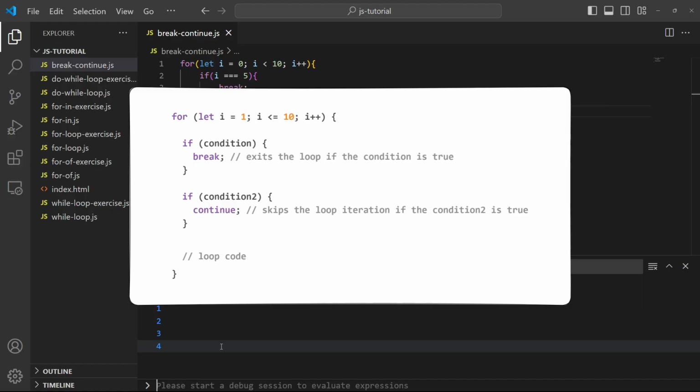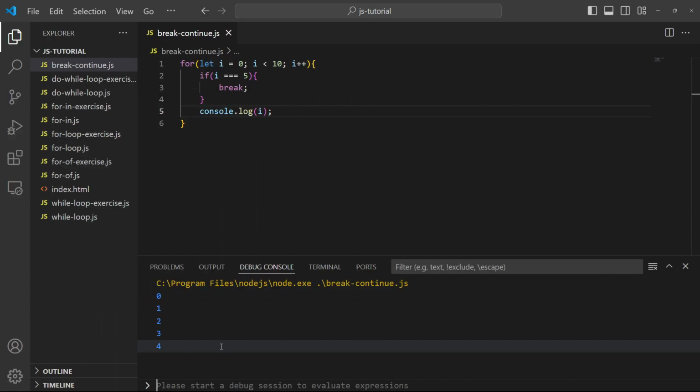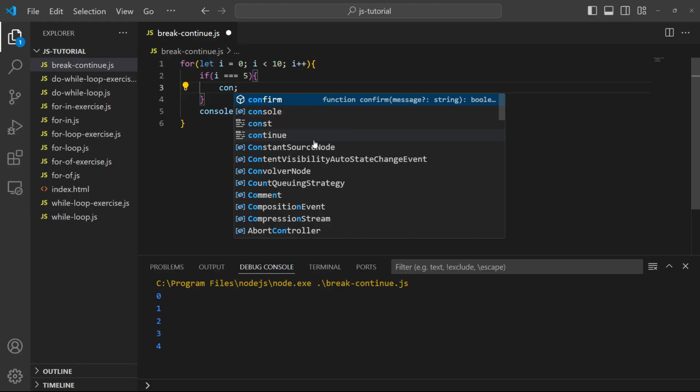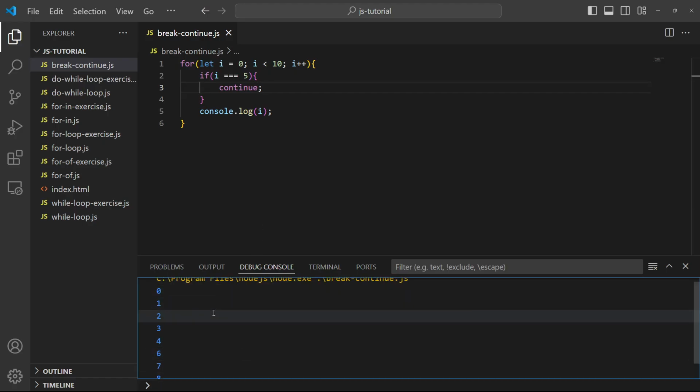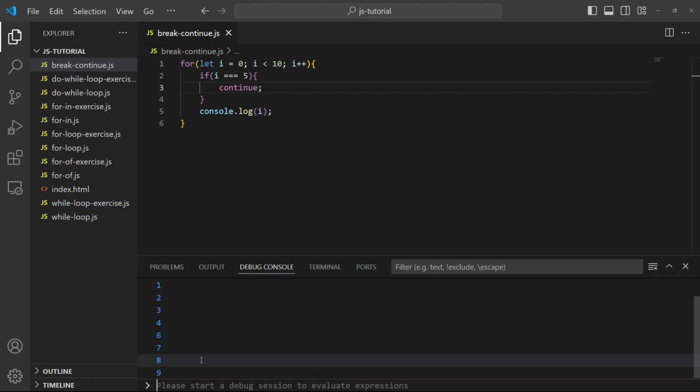The continue statement skips the current iteration of the loop and moves to the next iteration. This is useful when you want to skip certain iterations based on a condition. Let's take a look at the previous loop, this time with continue instead of break. So if i equals 5, continue, so skip the iteration when i equals 5. Here, the loop again starts from 0 and goes up to 9, but skips one iteration when i is equal